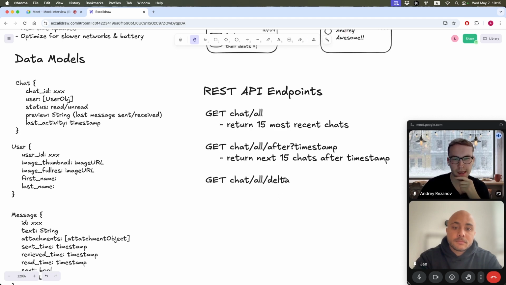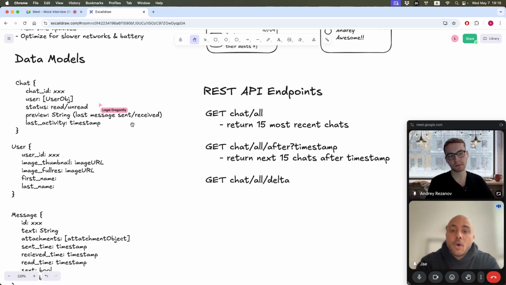I just want to understand what sort of deltas you want to get. What specific fields do you want to get, and what fields do you want to cache somehow? Absolutely. The goal is that we're going to cache the entire chat object, so when the user opens the application, they have a list of chats immediately. There's no loading time. As far as returning new information, I would want to return